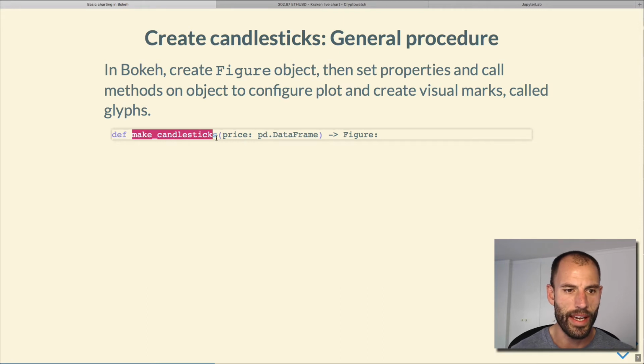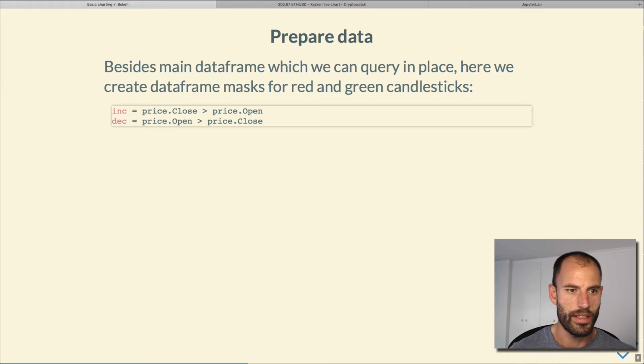So I called that make candlesticks function. I gave it that data frame, and it gave me back that figure. So just to see what happens in that code. This is a typical pandas data frame pattern, is that I take that whole table, and by writing this boolean